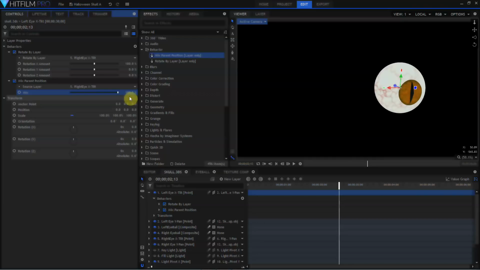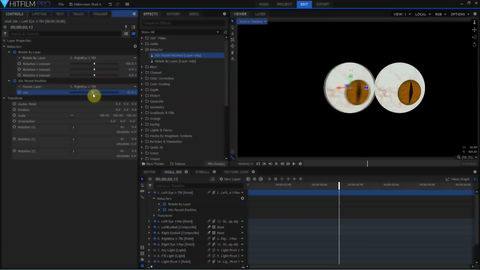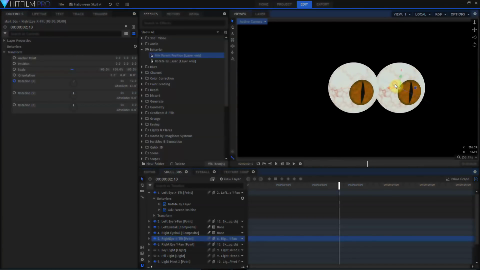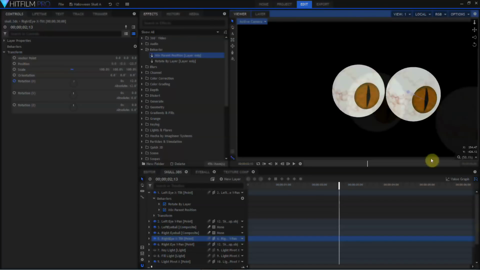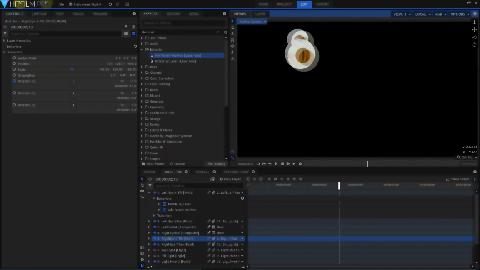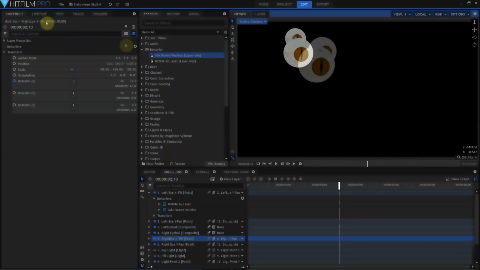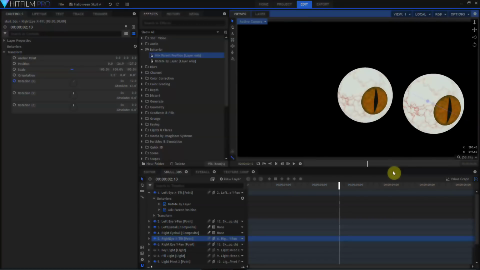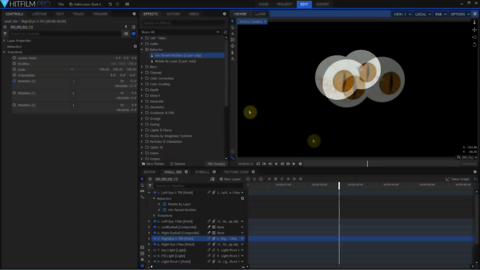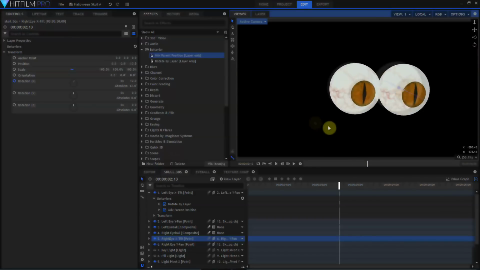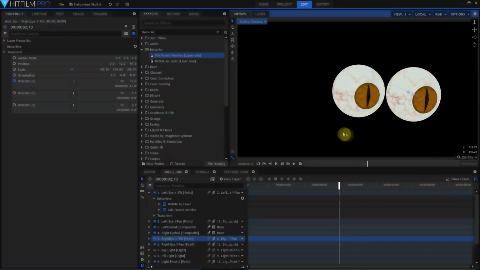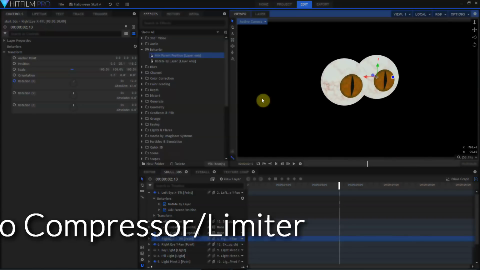At 100%, the left eye will always be in the exact location of the right eye, whereas if I set this to 50%, and then start moving the right eye X tilt around, the left eye's position is offset 50% from where it was set to wherever the right eye has been moved. With both the mix parent position and rotate by layer behaviors, I encourage experimentation, but these are both going to be great and useful tools for adding complex animation to HitFilm scenes more easily.